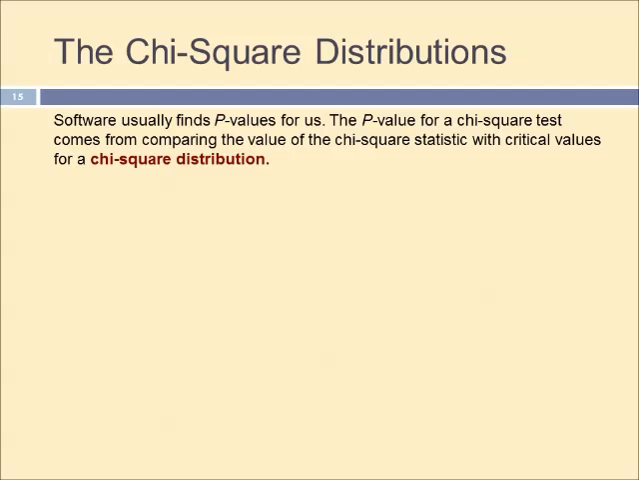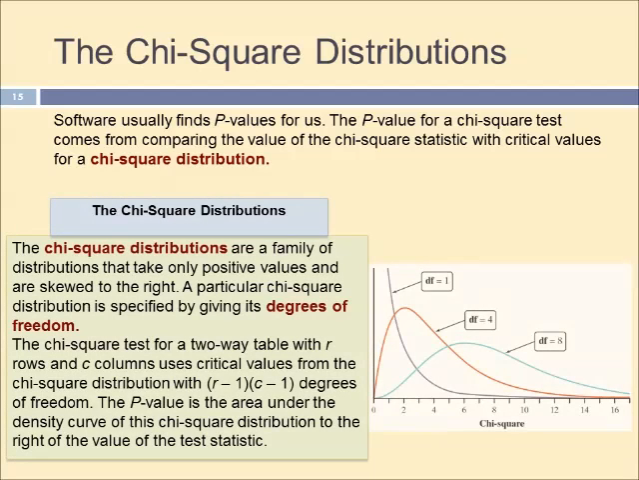Software usually finds the p-values for us, and the p-value for a chi-square test comes from comparing the value of the chi-square statistic with critical values for a chi-square distribution. The chi-square distributions are like the t distributions: a family of distributions that, in this case, take on only positive values and are skewed to the right. A particular chi-square distribution is specified by giving its degrees of freedom, similar to the t-test. However, that's where the